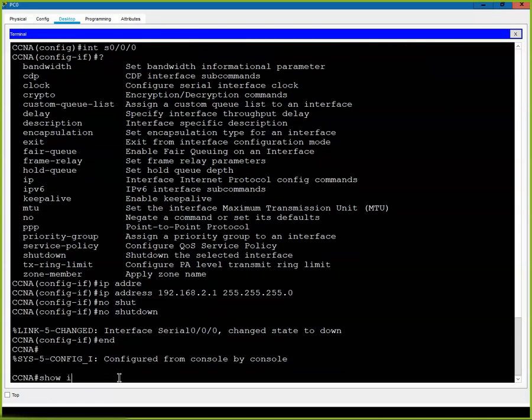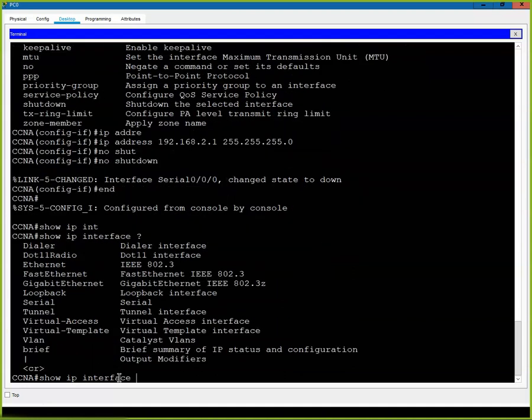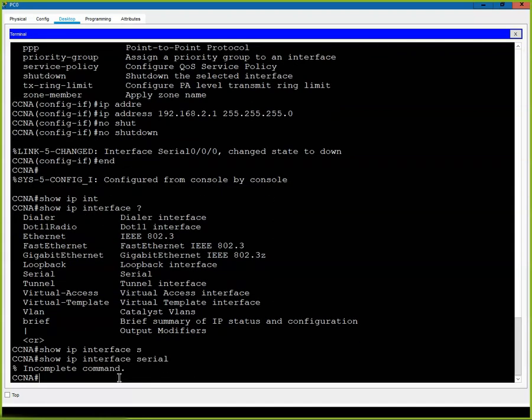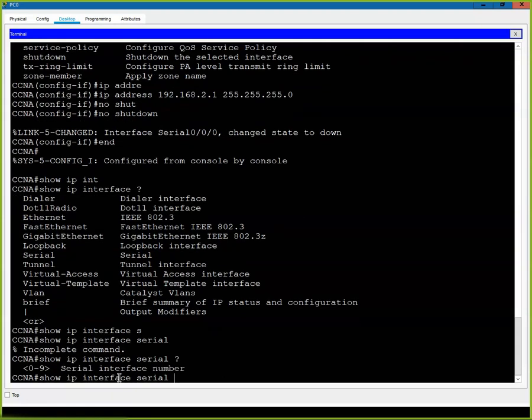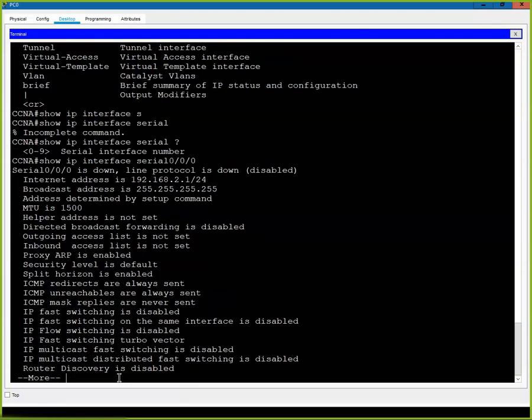And I can show the IP interfaces. Fast Ethernet, gigabit, serial. Let's do the serial interfaces, incomplete command. And say serial, what? It was 0. Which one did I use? 0, 0. Shows me the information about it, the address that I put on it, the maximum transmission unit, information